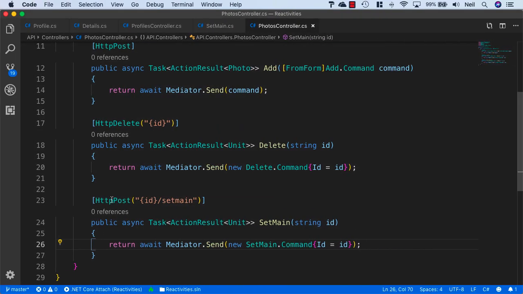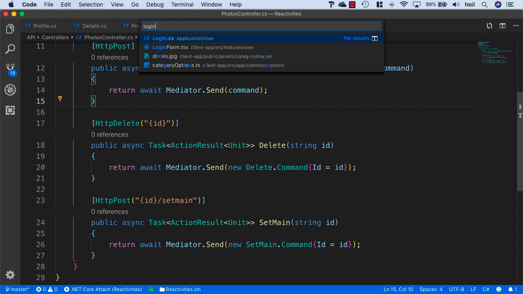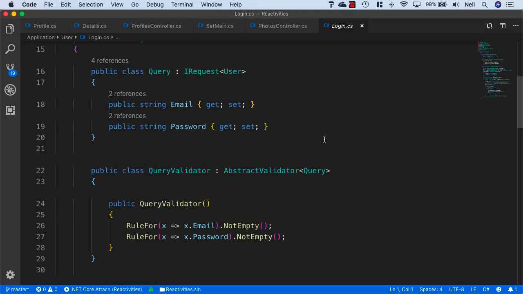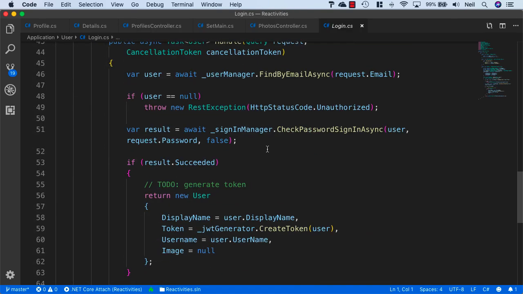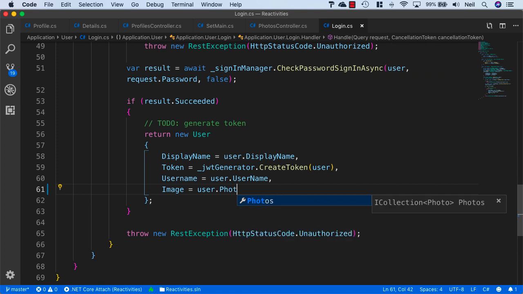So let's head back to VS Code. And we'll start with the login method. So let's go to our login handler. And what we return from here is a user object. So what we want to do in here is get the user.photos.firstOrDefault,